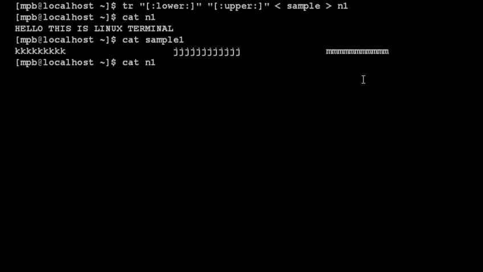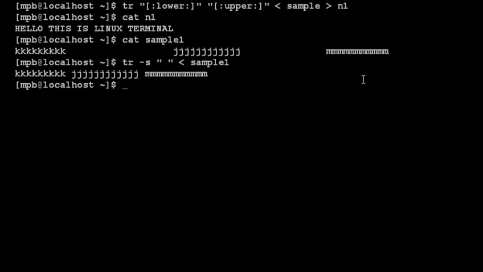So for that again you have to use tr command, then use one option, that is -s. In double quote you have to provide the space that you want to squeeze, and then you have to provide the input file. So here my file name is sample1, and here you can observe the output that before the tr is applied, the multiple spaces are available in between the words, and now this is reduced to one space here. So this is the second use.